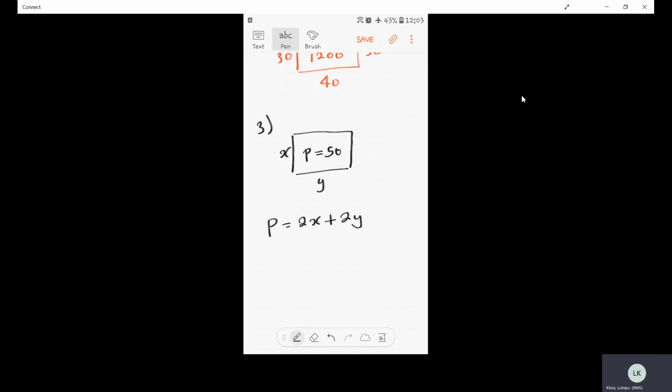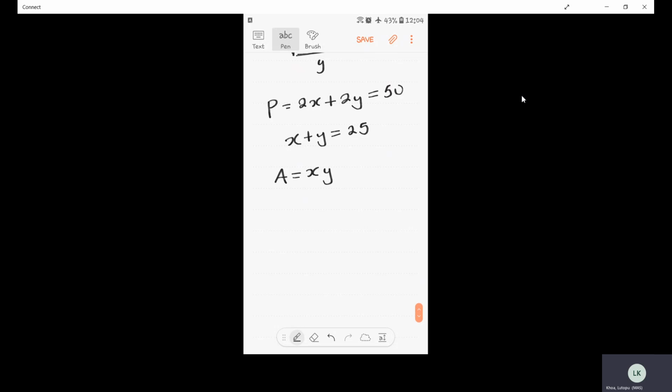So we get the perimeter by saying x plus y plus x plus y. That is the perimeter, and this is equal to 50. So when we simplify this, this just means x plus y is equal to 25. Now the area, this is what we want to maximize, is given by A is equal